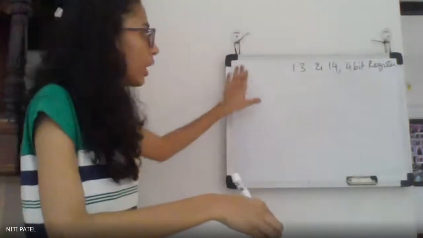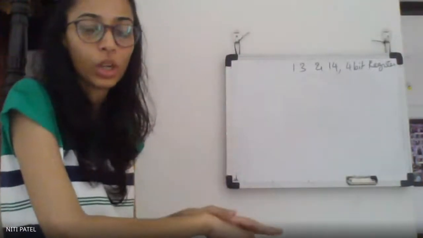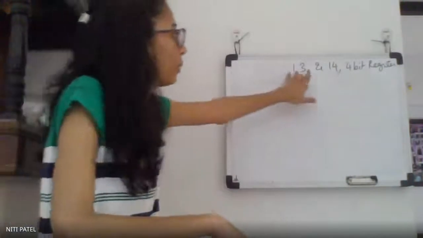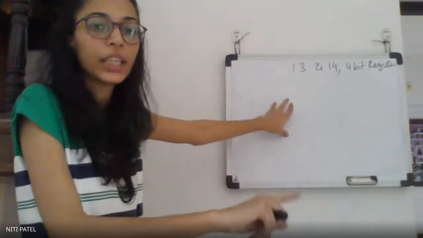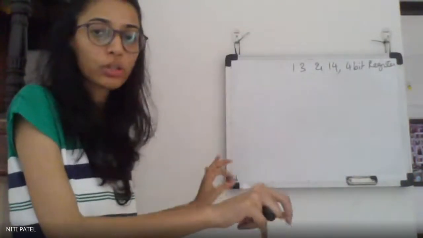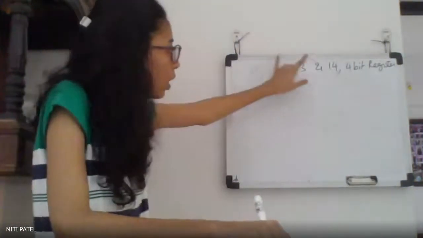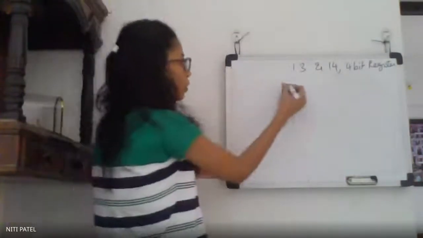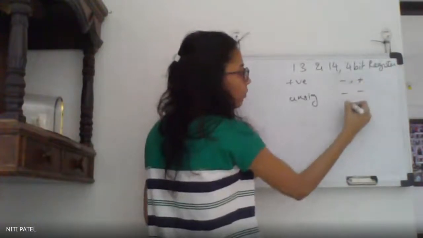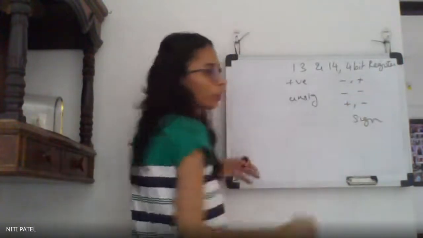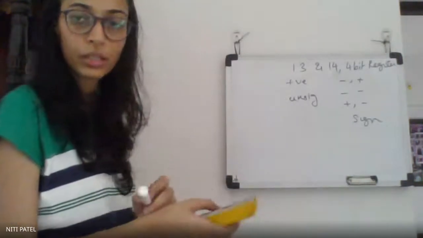Now, isn't the question written anywhere that you have to use the unsigned algorithm or the signed algorithm? No. So how are you supposed to assume? By checking the numbers. Since both the numbers are positive, you cannot use the binary signed algorithm. You have to make use of the binary unsigned algorithm. So in the exam also, it will nowhere be mentioned which algorithm to use. You have to look at the question. If both the numbers are positive, you have to straight away use the unsigned algorithm. And if any one is negative or both are negative, you have to make use of the signed algorithm. So it will not be given in the question which algorithm is to be used.